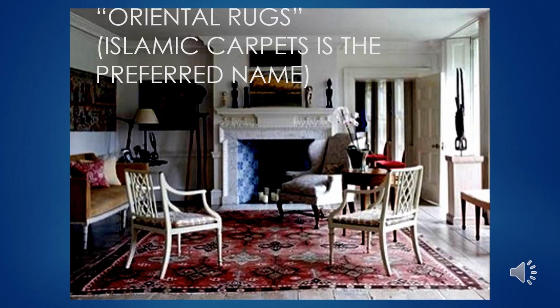Because fine carpets came in from the West, from China, Persia, and Turkey, sometimes the name will be given to them as Oriental rugs. In fact, the preferred name now is Islamic carpet, and it's because there's different types of rugs coming from different areas, so it's not really proper anymore to just call them that Persian rug, because they might not be from Persia.